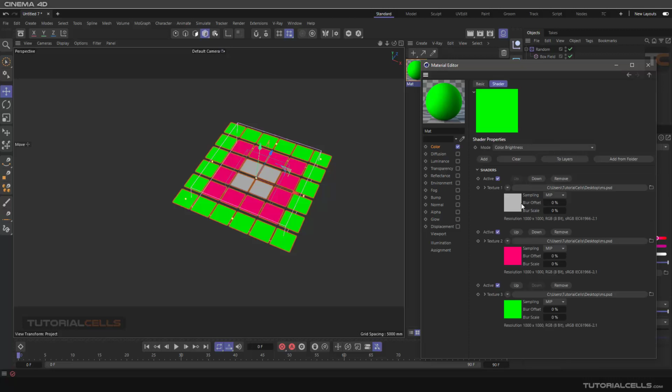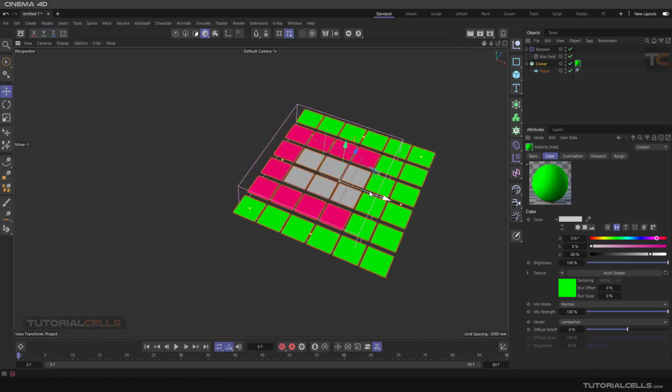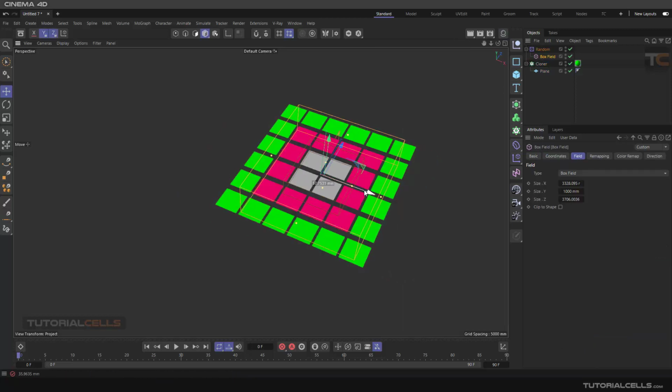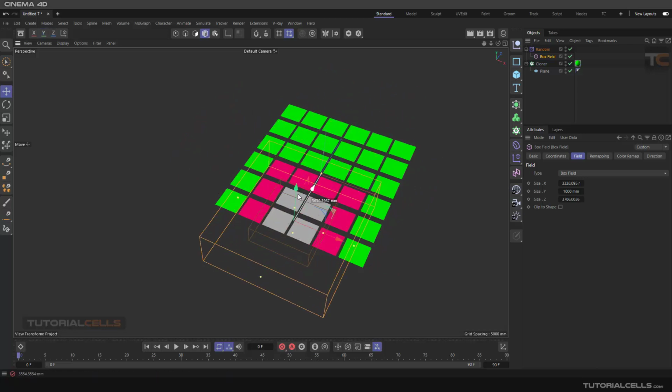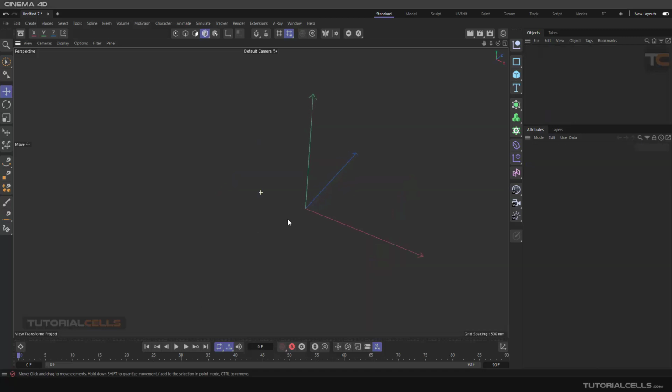You can insert your PSD file one by one here, and after that you can use the effector, for example the fields, to change the texture of them. Imagine you can insert any texture here. Okay, interesting. This is a built-in field, the box field. Let's go. In this lesson I want to give you a simple example of how to use the MoGraph multi-shader and its